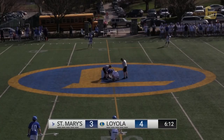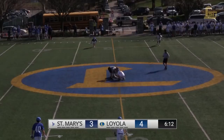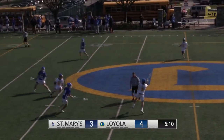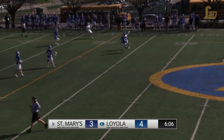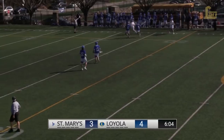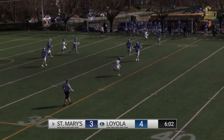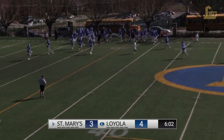Absolutely, and Dunn's a Richmond commit. And what he did so well on that possession right there was he kept the stick close to his head so no one could check it out. And if they did, they'd hit him in the head. So he'd either draw a penalty or score a goal. And that's a win-win if you're Loyola. Loyola will win the face-off, and we're going to get a timeout by the Dons, up 4-3 with 6:02 remaining